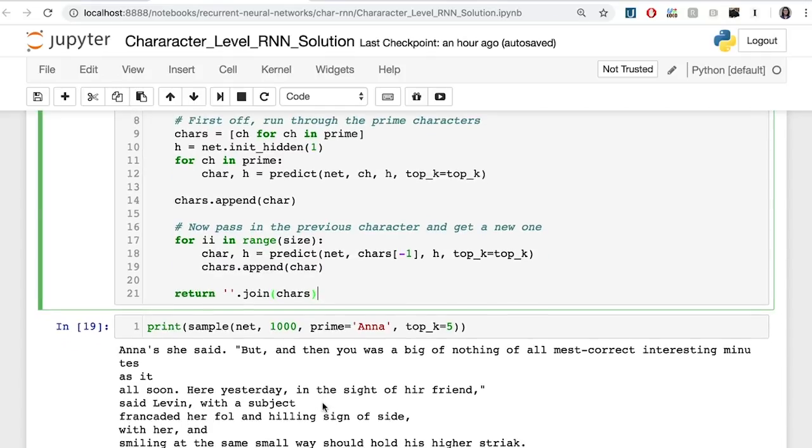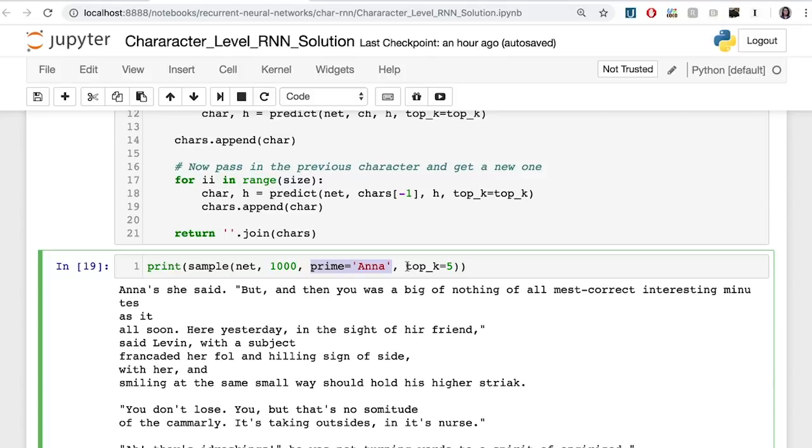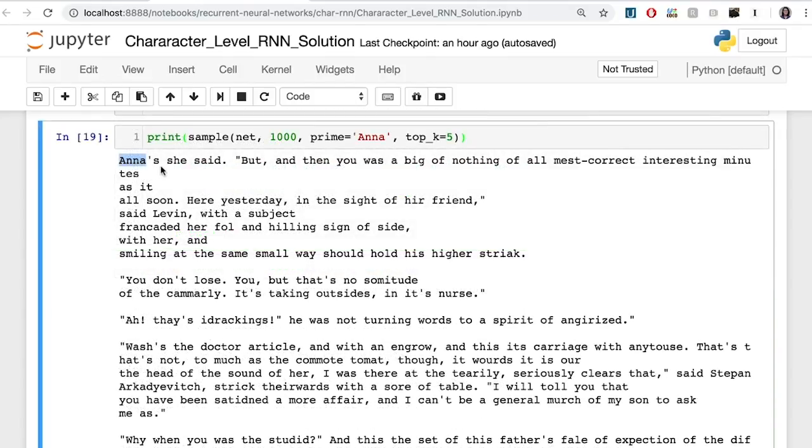And here I've generated a couple samples. You can see that I've passed in my model that was trained for 20 epochs, and I've said generate a text that's 1,000 characters long, starting with the prime word Anna. I've also passed in a value for top k equal to 5. And you can see that this starts with the prime word and generates what might be thought of as a paragraph of text in a book. And even with just a few prime characters, our model is definitely making complete and real words that make sense, you know? The structure and spelling looks pretty good, even if the content itself is a little confusing.